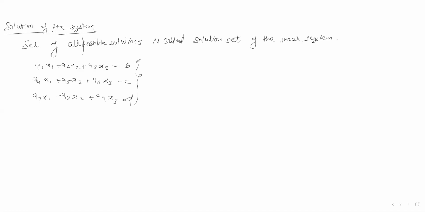This is one system. And another system of linear equations is b1 x1 plus b2 x2 plus b3 x3